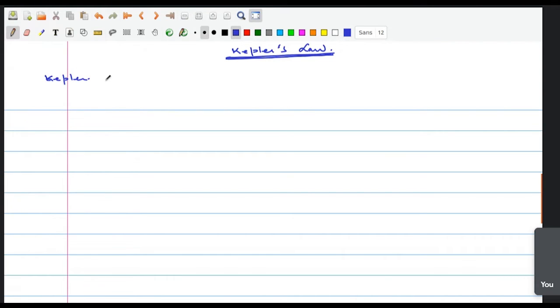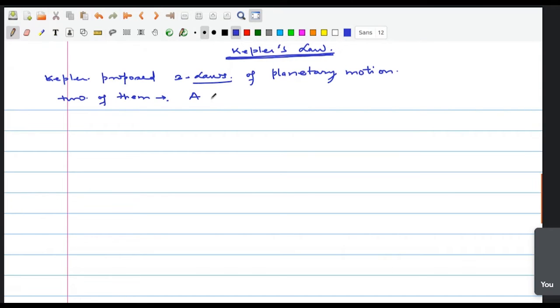So Kepler proposed 3 laws of planetary motion, and 2 of them appeared in Astronomia Nova,